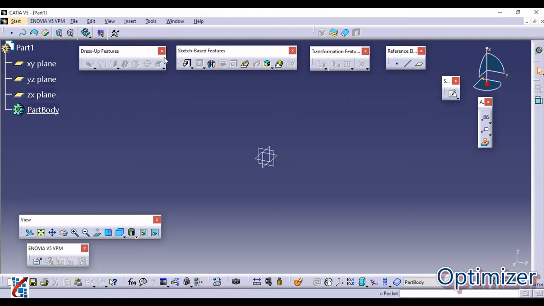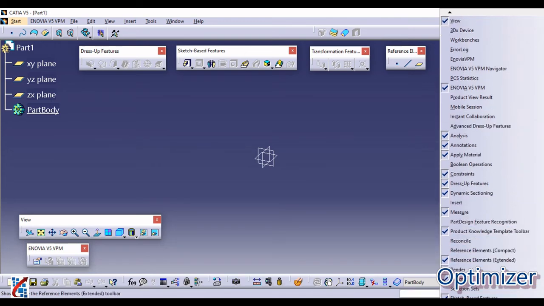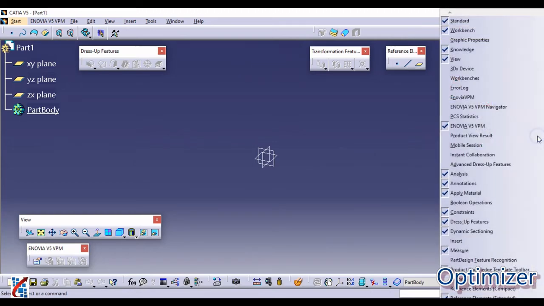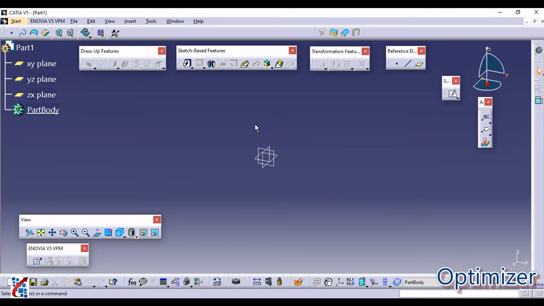If any of these is not activated on your screen, simply right click on the right side bar, and from there you can activate whatever toolbars you require. If suppose I don't have sketch based feature here, just right click and open sketch based feature from this list. Dress up feature, sketch based feature, transformation feature, reference element and views are the most important toolbars in part design.